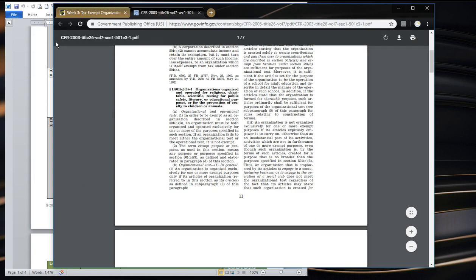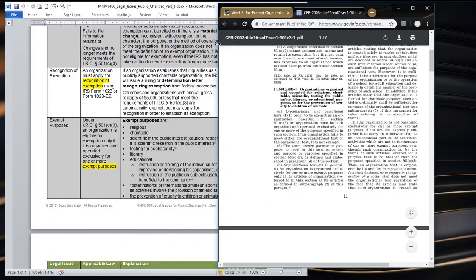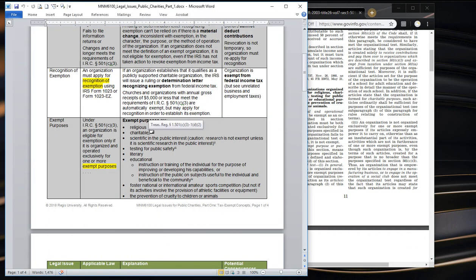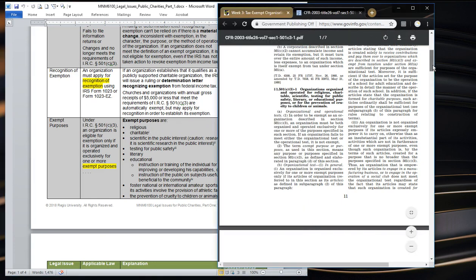So in the handout, if I want to look at charitable, hover over that one, it's under Treasury Regulation 1.501(c)(3)-1(d)(2). So then I go over to the Treasury Regulation, and this is where it says,